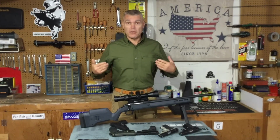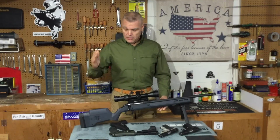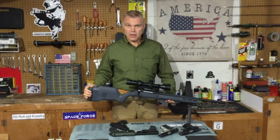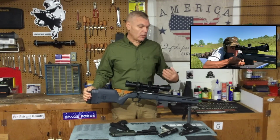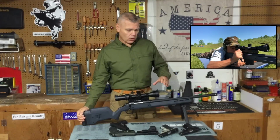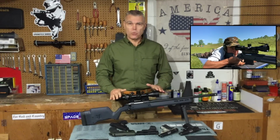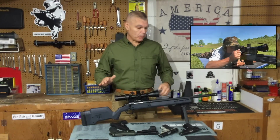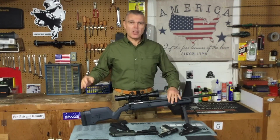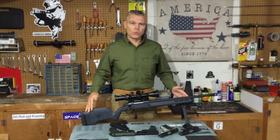Finally, around the middle of 2020, I acquired my first and only long gun of the year. This is my Ruger American Hunter rifle, chambered for the .308 Winchester cartridge. And I actually acquired this rifle more or less as a test bed for the series that I produced on the Leatherwood M1000 Pro rifle scope. And as I was evaluating potential rifles that I could use for that project, I came across the Ruger American,